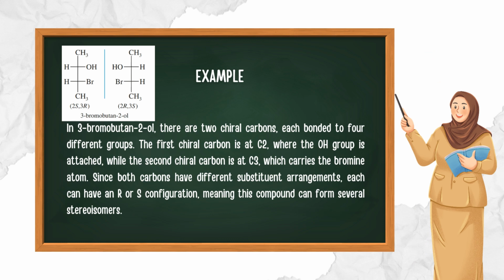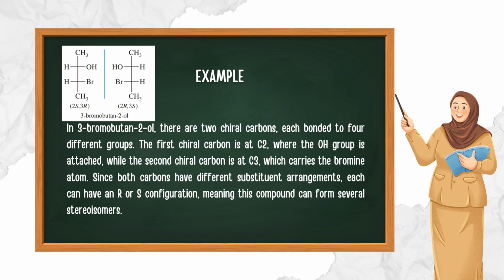3-bromobutan-2-ol, there are 2 chiral carbons, each bonded to 4 different groups. The first chiral carbon is at C2, where the OH group is attached, while the second chiral carbon is at C3, which carries the bromine atom. Since both carbons have different substituent arrangements, each can have an R or S configuration, meaning this compound can form